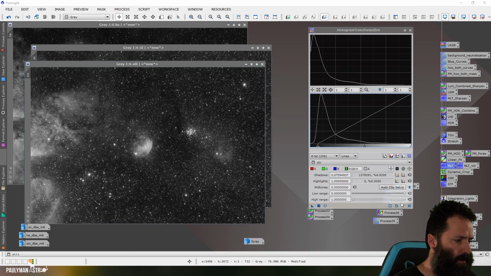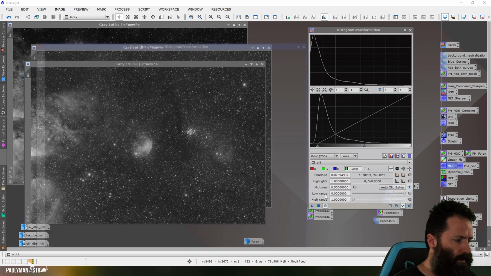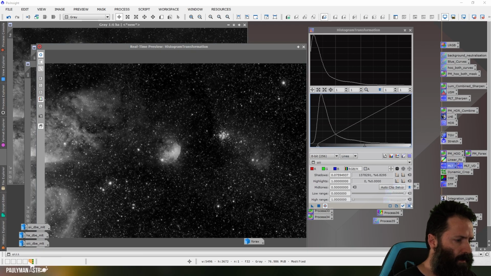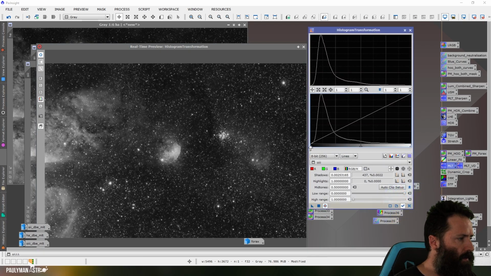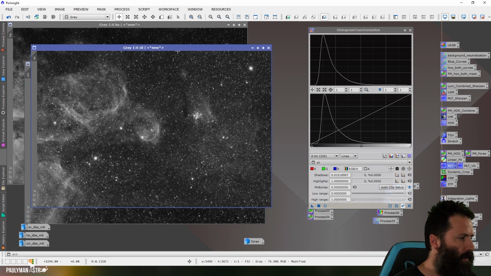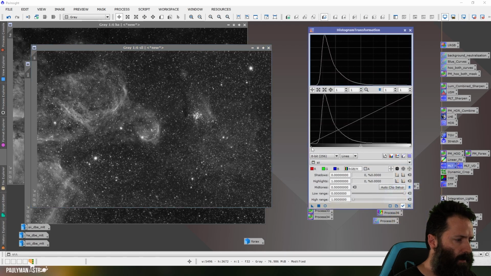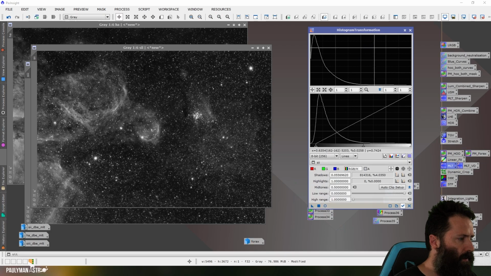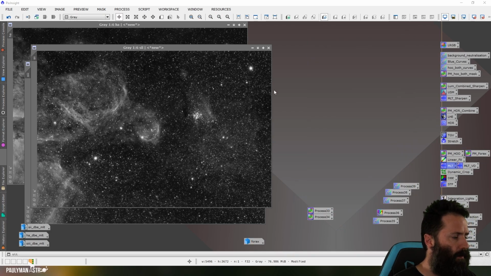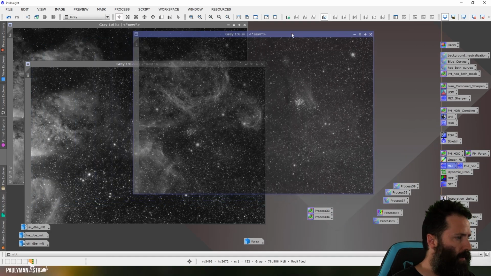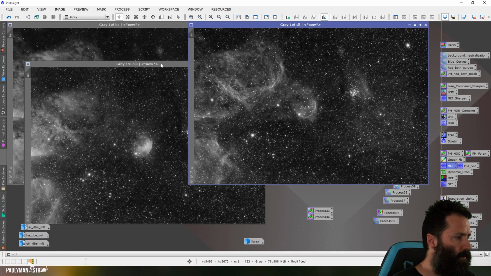Histogram transformation. Reset. Just a touch. Now let's do O3. Oh, sorry, S2. Okay, S2 needs a fair bit. And there we go. Okay, so we've brightened those two up a bit just to bring them closer in line